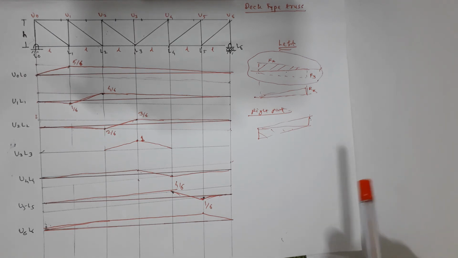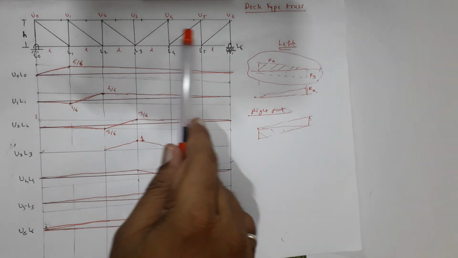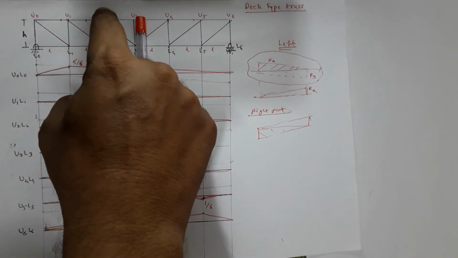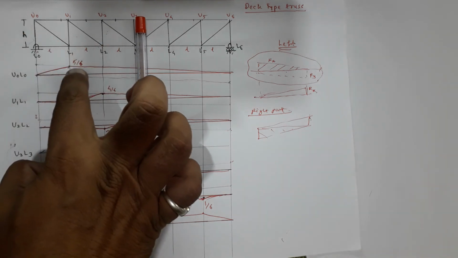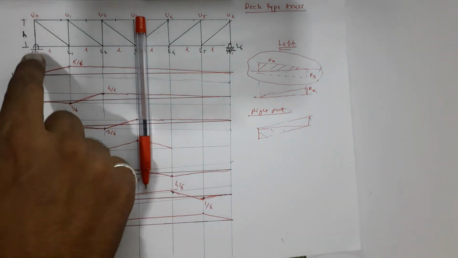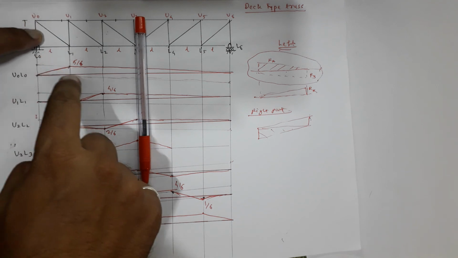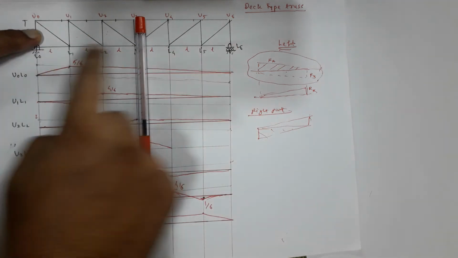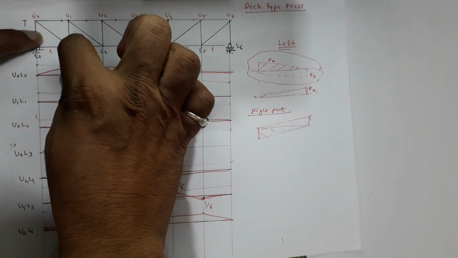Again, you can compare the vertical members in the left part and the vertical members in the right part. For the vertical members in the left part, U0 L0, U1 L1, U2 L2, out of these members U0 L0 is entirely in compression irrespective of the load position. The compressive force in U0 L0 is maximum when the load position is either L1 or U1. When the load is moving along the bottom chord line, and the load is at L1, U0 L0 has the maximum force.